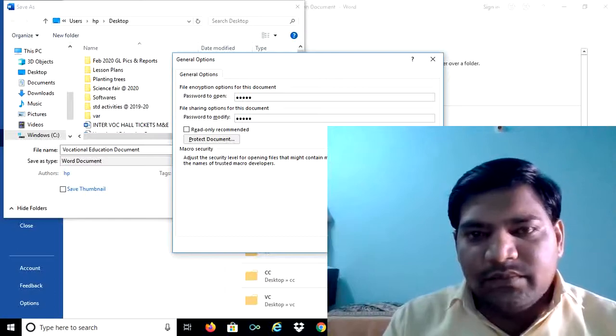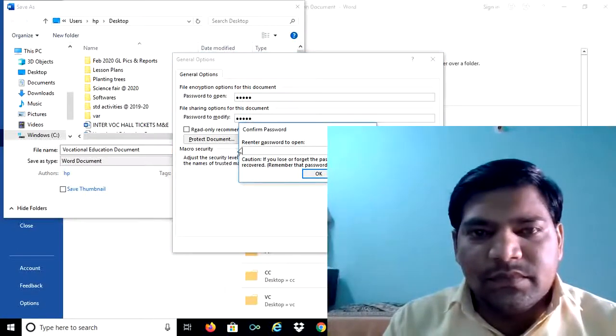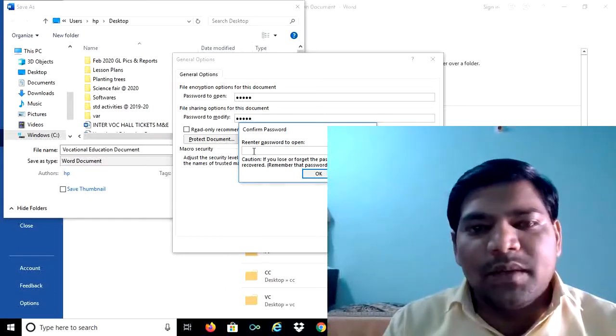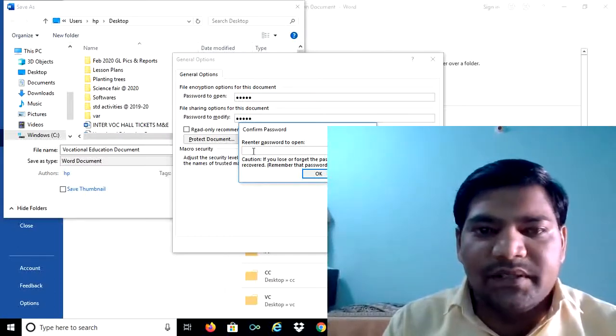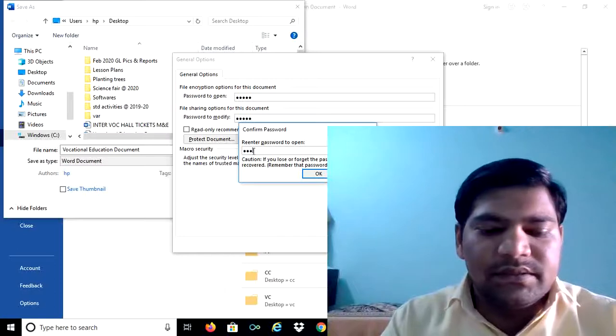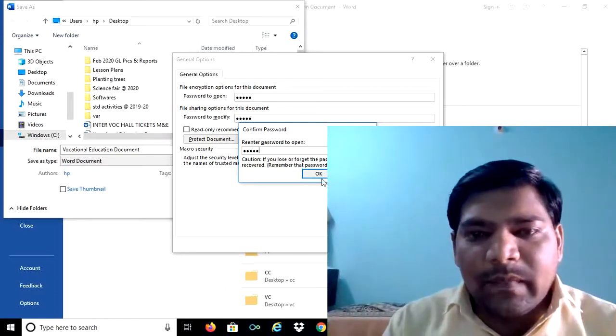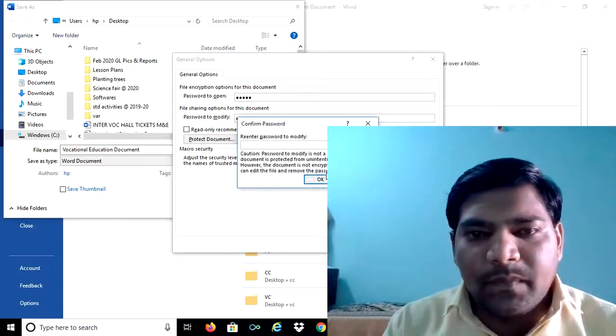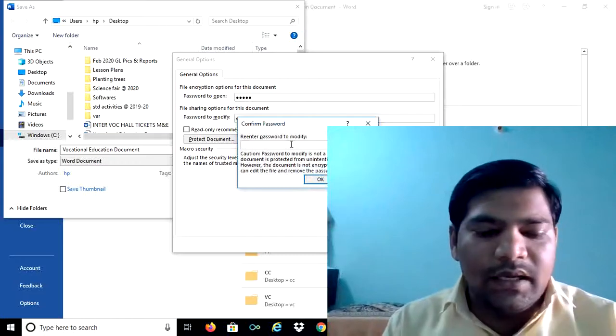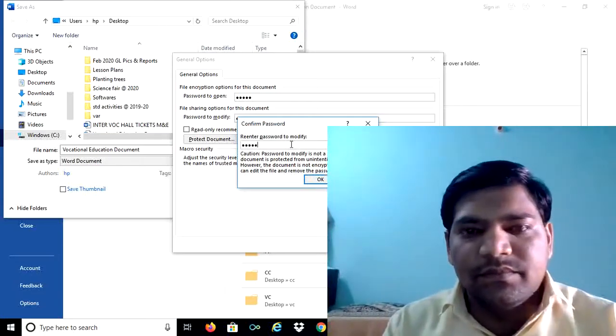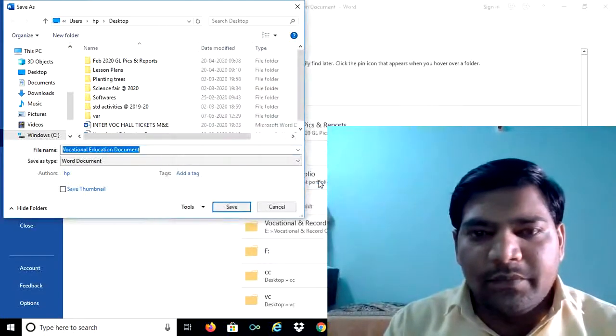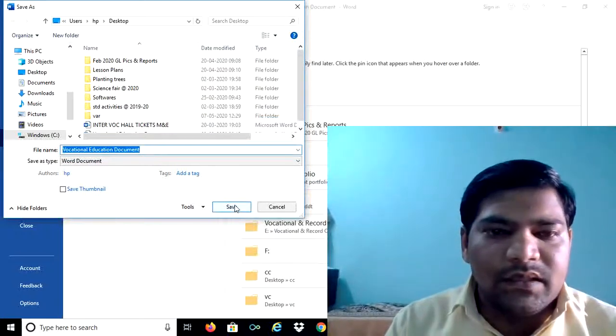Then OK. Another dialog box comes which consists of confirmation. So we can place the same password. Then OK. Re-enter the password again. Then OK. Then Save.